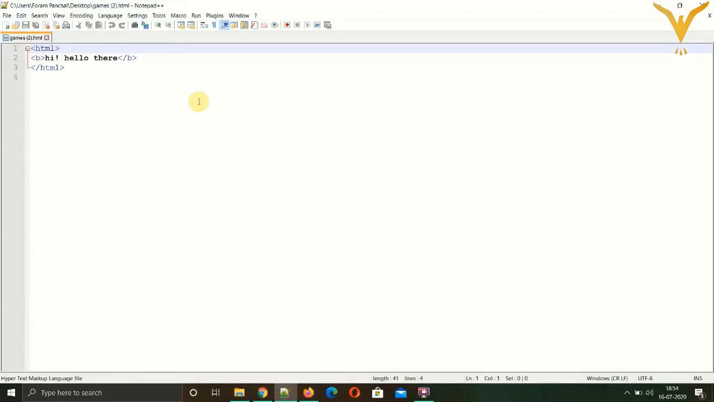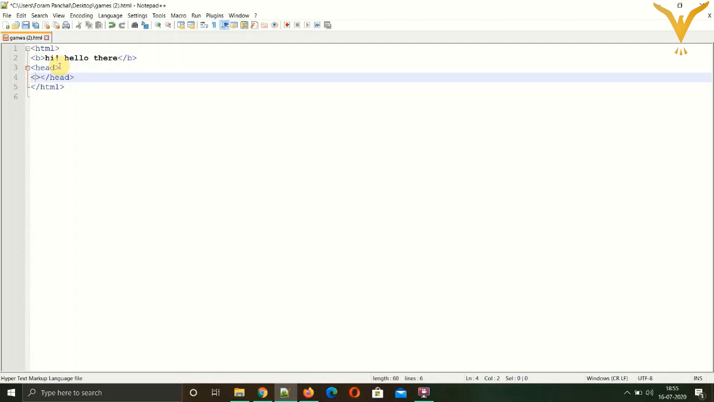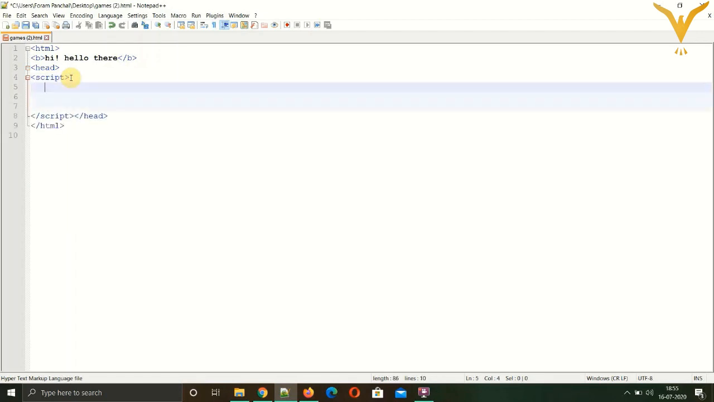Now let's put in a bit of JavaScript. The JavaScript is always embedded into the head tags, the head open and close, and the script open and close. So let's put in our first statement. I would prefer using indentation so that every snippet of code is very clearly visible. So let's just type in